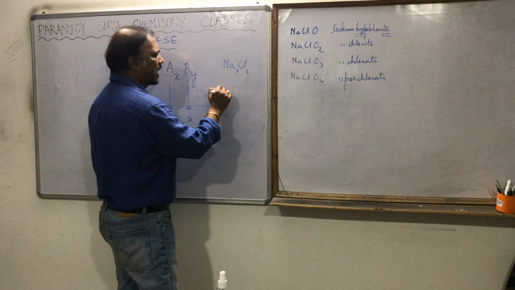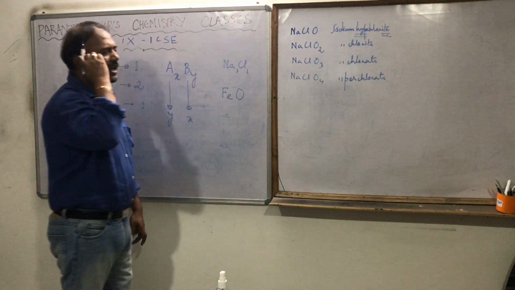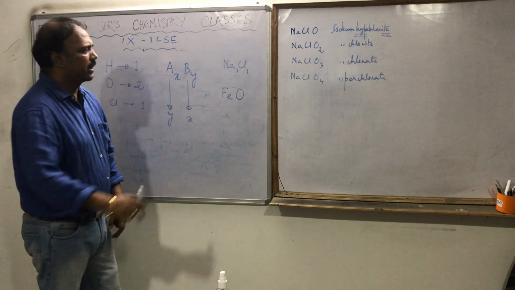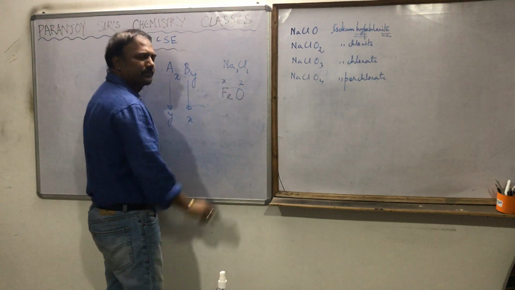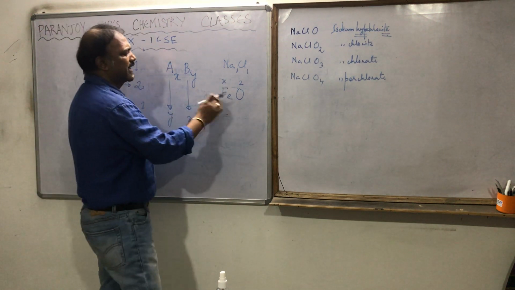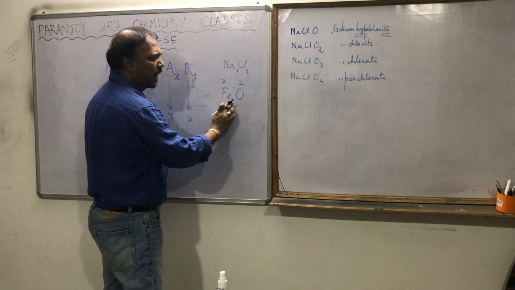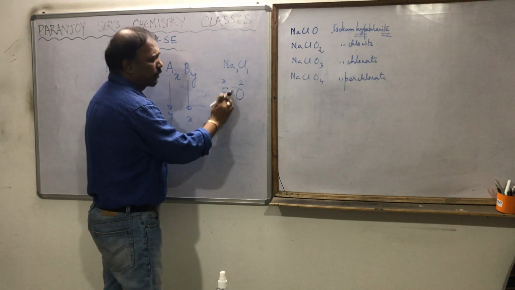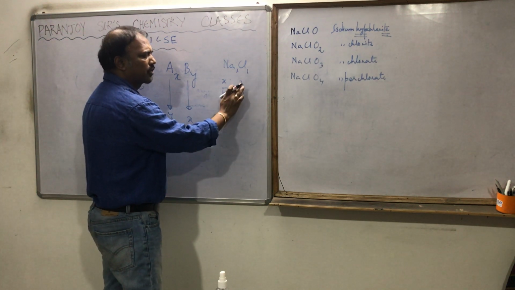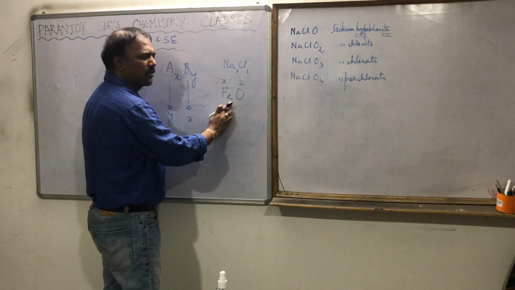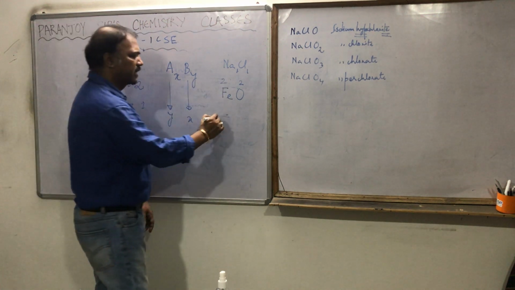Fine. Now if I ask you what is the valency of Fe in this, you know oxygen's valency is 2. Let this valency be x. Clear? So if this valency is x, the formula is Fe2Ox. So 2 and x are the same. So x is equal to how much? x is equal to 2. Ratio is 1:1. Since oxygen's valency is 2, Fe's valency will also be equal to 2.